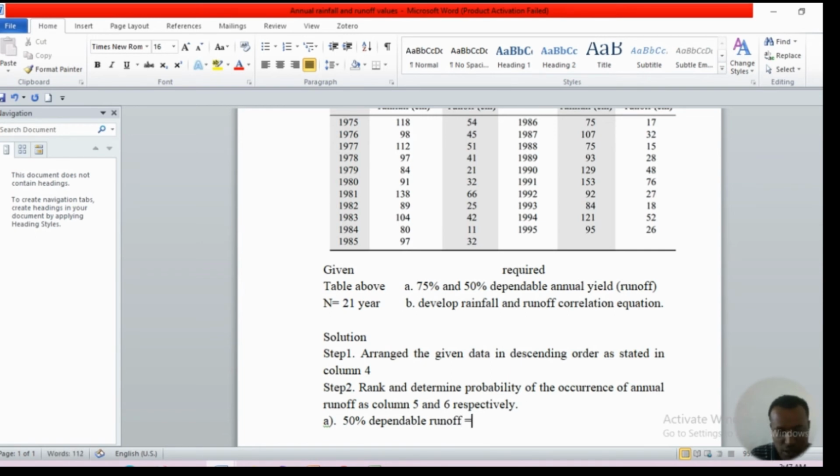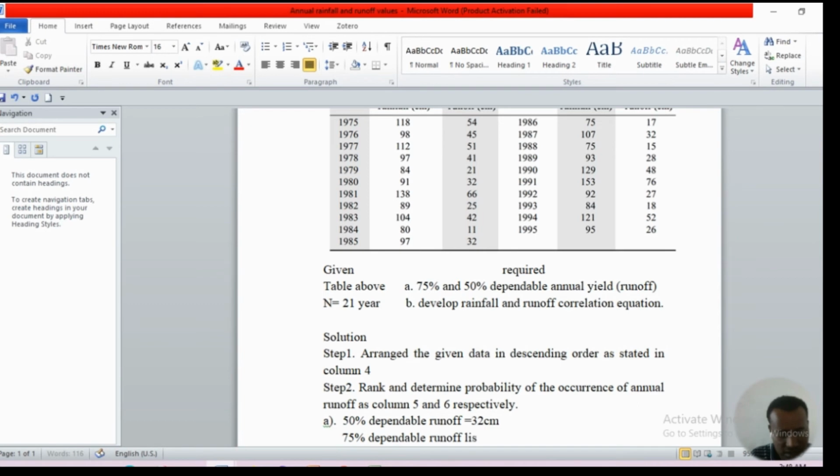Runoff is equal to I think 32 centimeter, and the next one is P. The next one is 75% dependable runoff,